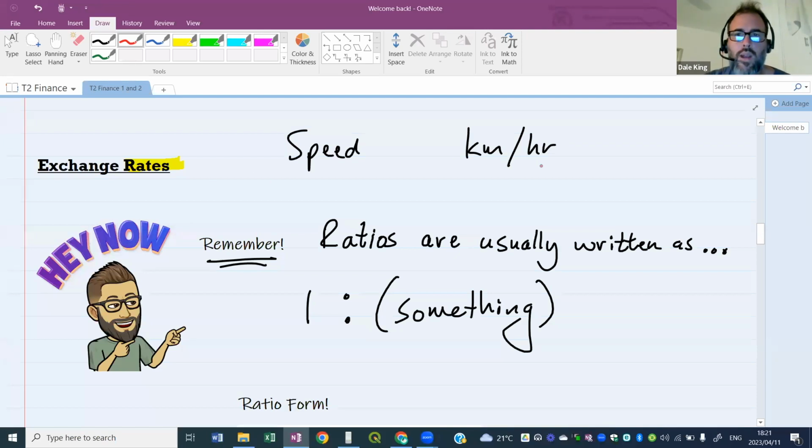So when you talk about a rate, the second unit in this little thing that I've written here, kilometers per hour, that is always expressed as 1. So in this case here, it's how many kilometers per 1 hour. Okay, so if someone gives you a speed, let's say, for example, 120 kilometers per hour, which is the maximum speed on the highway, national roads, okay? 120 kilometers per hour. That means you're going 120 kilometers per 1 hour. So rates are always expressed as a certain change for 1 unit.